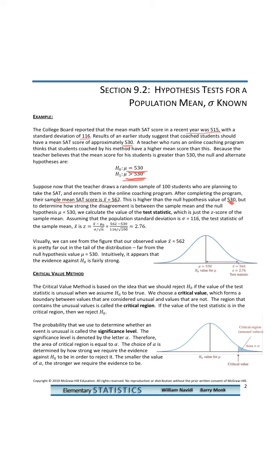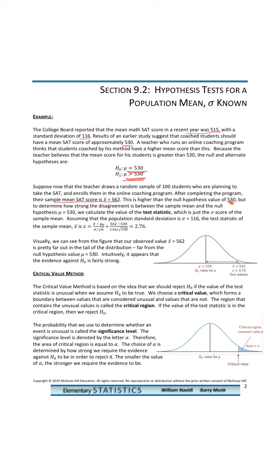The sample mean 562 differs somewhat from the null hypothesis value for the population mean, 530. The key idea behind a hypothesis test is to measure how large this difference is. If the sample mean differs from the null hypothesis only slightly, then the null hypothesis may well be true, because a slight difference can easily be due to chance. However, if the difference is larger, it is less likely to be due to chance, and the null hypothesis is less likely to be true.